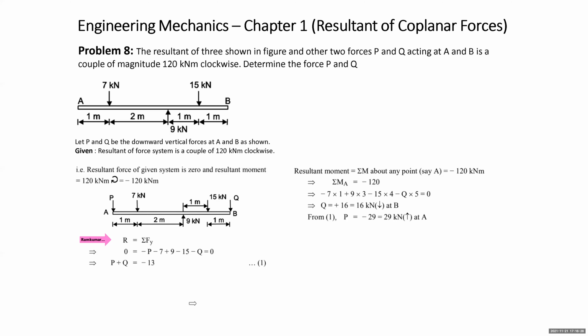This is how we solve such problems. In this problem, he had given that the resultant of the given parallel force system, which has 5 forces, P and Q at A and B were unknown, 7, 15 and 9 were given to you. The resultant of all 5 parallel forces is 0. Why do we understand it is 0? Since he says the resultant of all is a couple. A couple comes only when the resultant is 0. So the hidden fact about this problem is that the resultant force is 0 and the resultant moment is sigma M about any point. We can solve this problem by taking the moment center at A, B, C or any other point also.